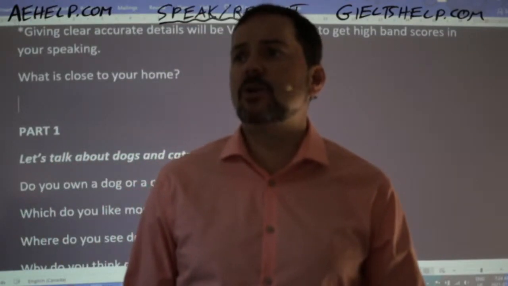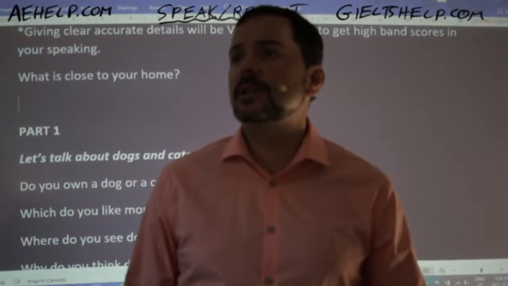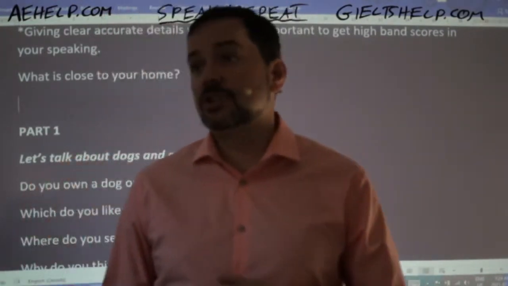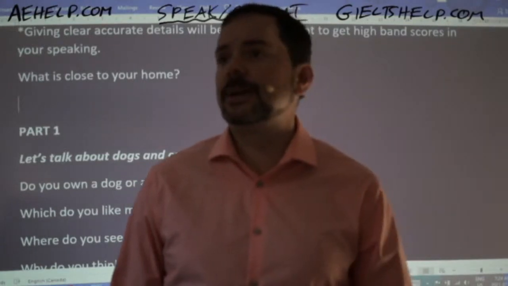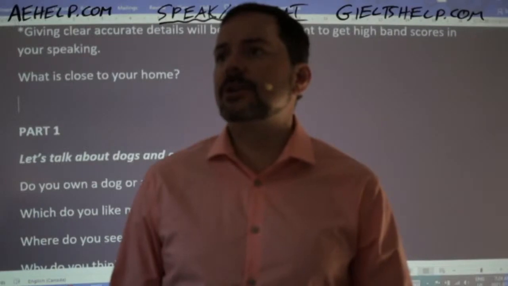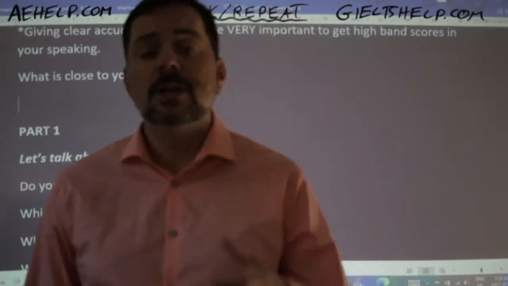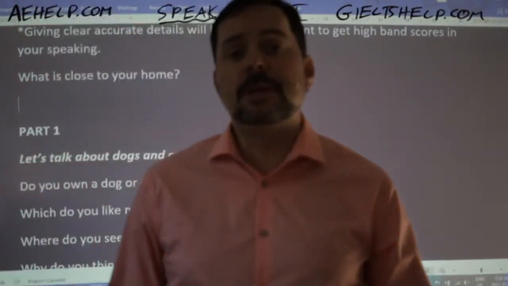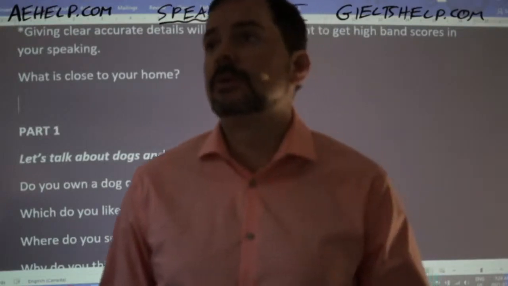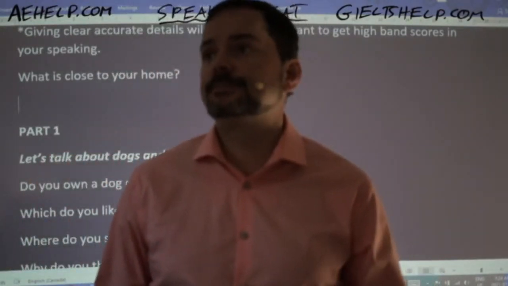Ali says, near to my home is the famous monument, the Charminar, just 500 meters away. Okay, Ali, I'm not sure what that is, but that's a good answer, okay? Martabar says, the underground is really close to my house. It's literally 1 block away from my apartment. So it's very convenient for me to commute around the city quickly and cheap, right? The underground is the metro or the subway, okay?